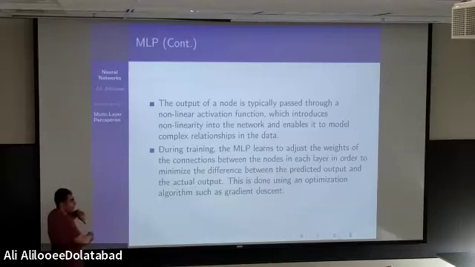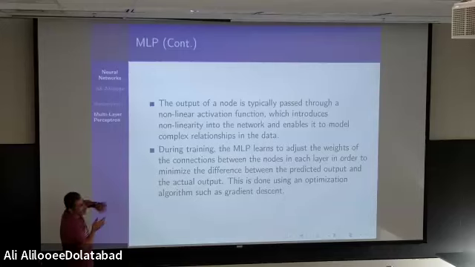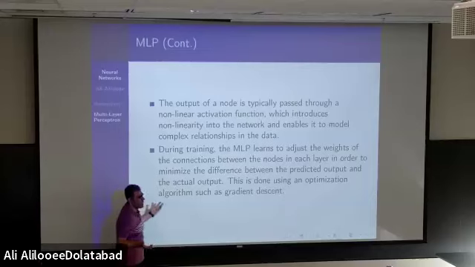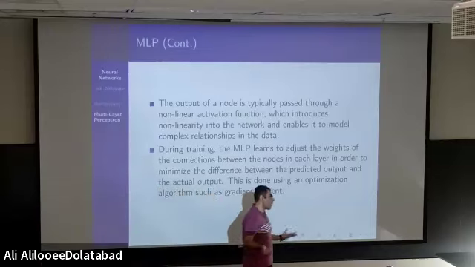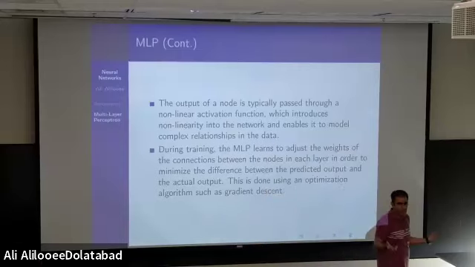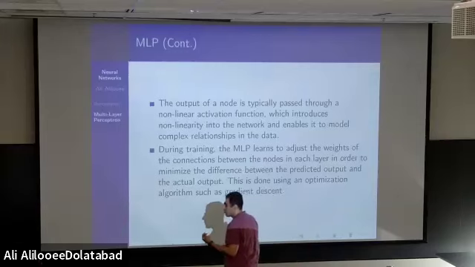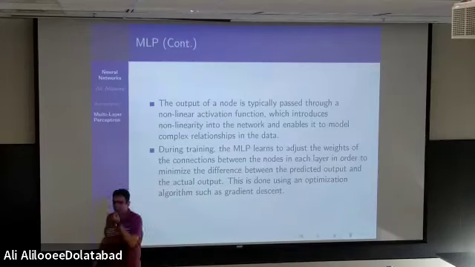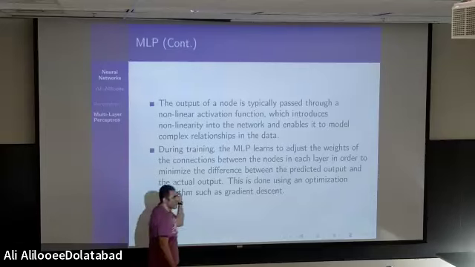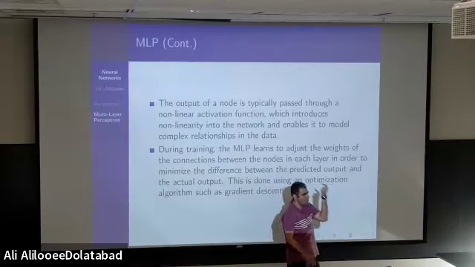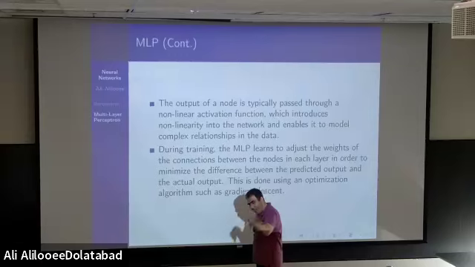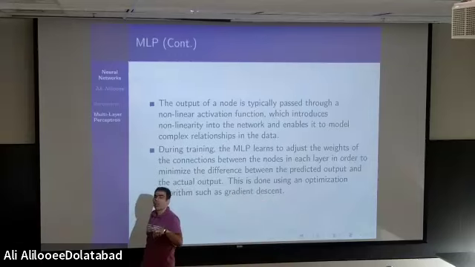When we say the weight of the connection, it is the weights that you can get on each perceptron between the nodes in each layer, in order to minimize the difference between predicted output and the actual output. Here, as you can see, we are defining the loss function, but it is not different from the loss function that we had before. It means that, again, at the end, you have the output, which can be found by considering the output layer, and that output will be compared to the actual values.